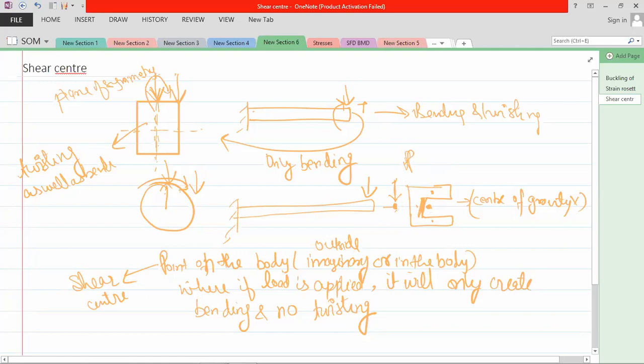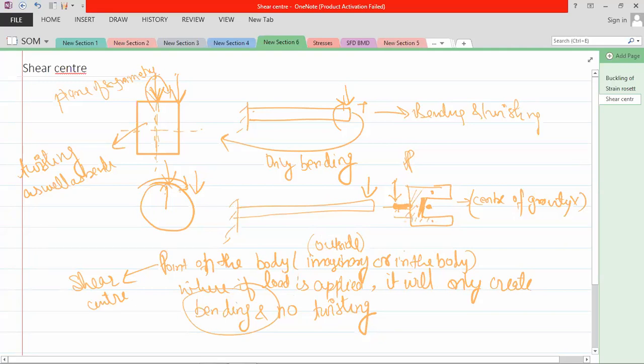Now some people say, sir, how do you apply a load in the air? Because it is not part of the C section. Yes, that is not part of the C section. That's why I wrote it can be outside the body or inside the body. So what we do is weld a small plate like this around here, and we apply the load on that plate. The main properties, the moment of inertia and center of gravity, don't change because only a small plate is welded, and we apply the load at that plate only at this point.